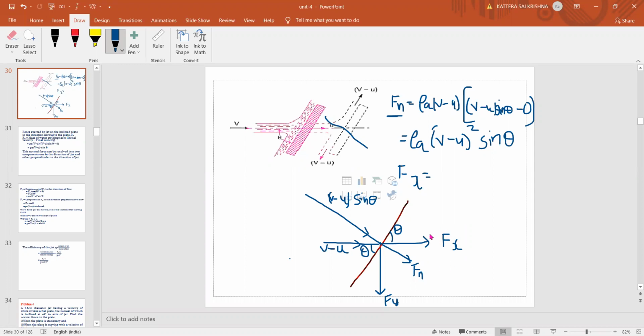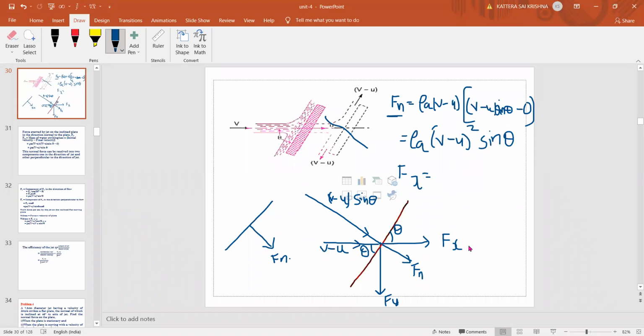Okay. So now for finding Fx and Fy, first we need to know the angles between these two to resolve it. Very simple. I will draw roughly one more time here. This is a plate, and this is our Fn, which will always be perpendicular. Yes or no? This is 90 degrees, Fn. On both sides it is 90. Between the two, we have Fx and Fy.